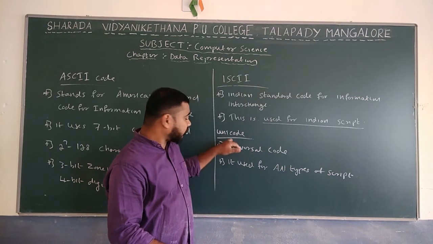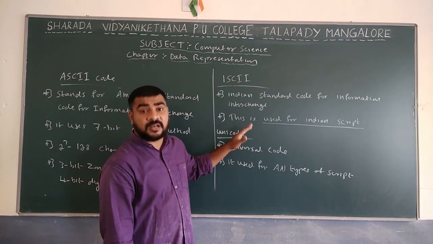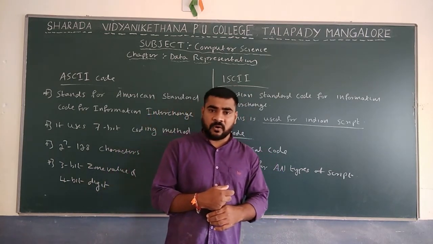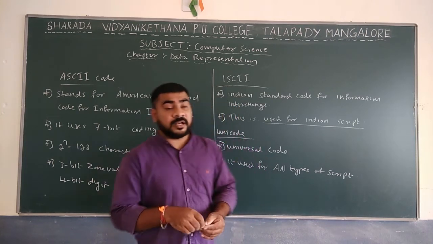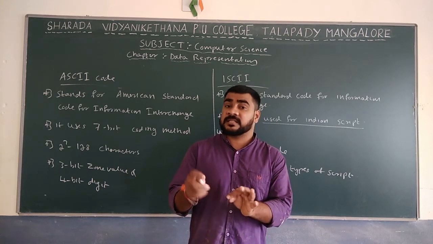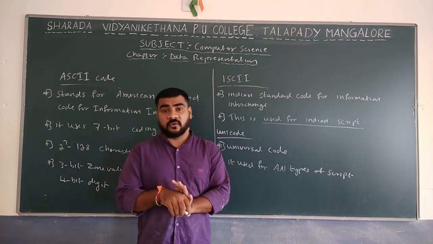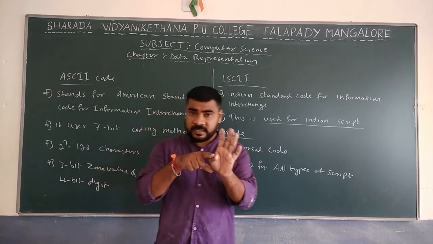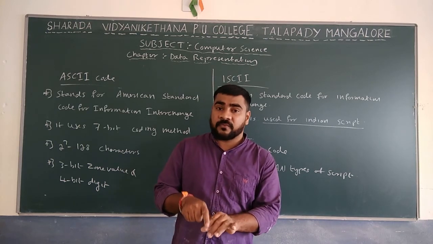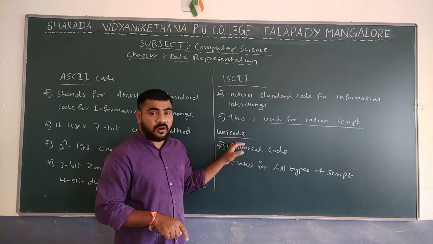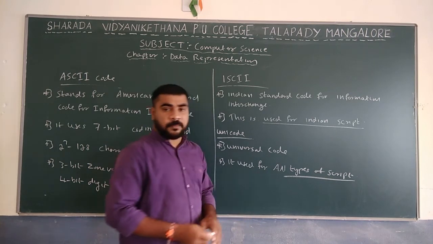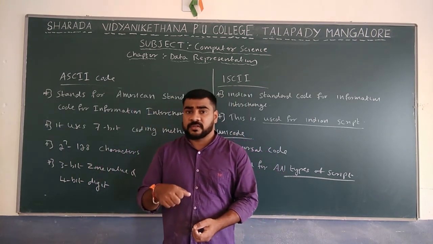After that, the next one is finally Unicode. These topics are not covered in depth, but I will say a few words on Unicode. Unicode is universal coding. If you use Unicode, then there is no need for ISCII, and ASCII is also not required. ISCII and ASCII are combined in Unicode, because it is possible to convert English characters, Kannada or any other Indian script, all types of language, using the Unicode method. It is applicable for all types of script.